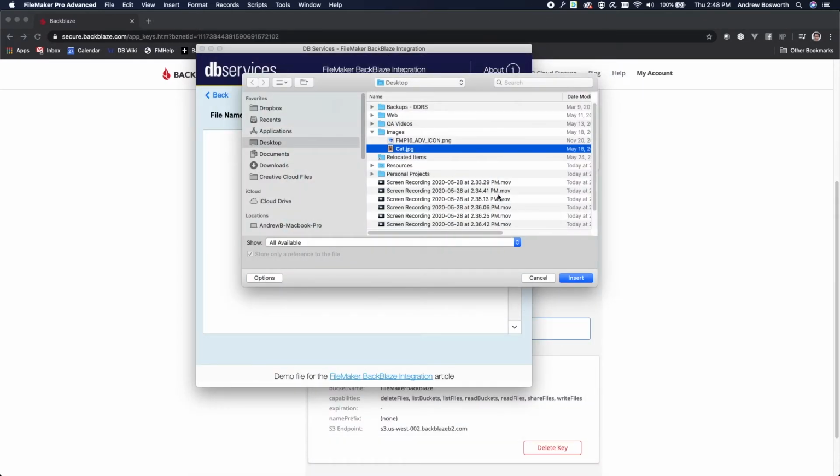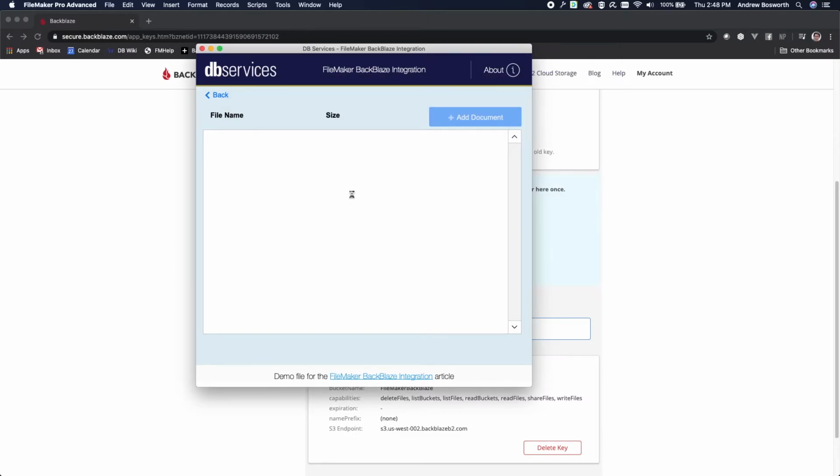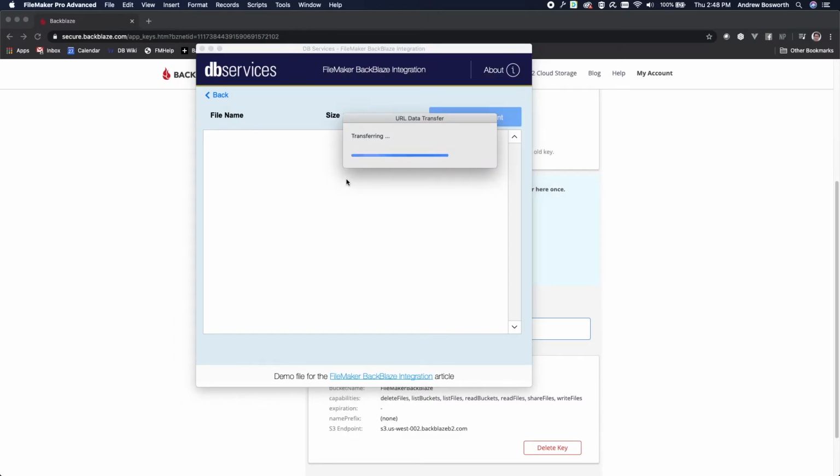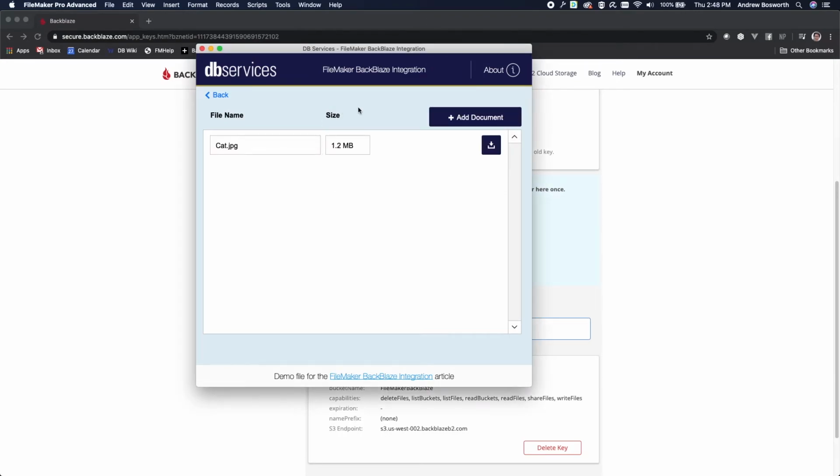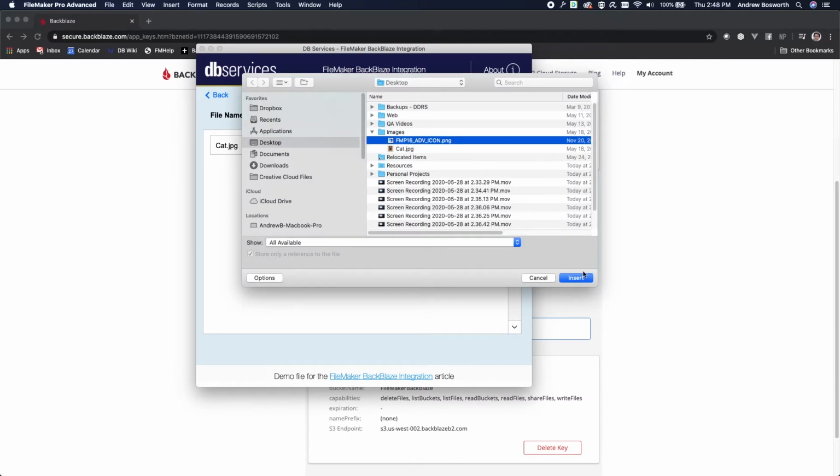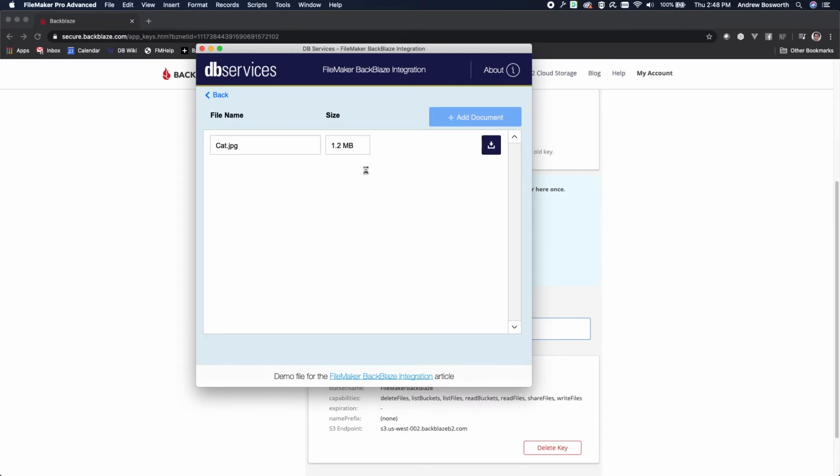So I'm going to upload this picture of a cat. And it may take a second the first time. So there we go, just standard documents portal. And if you hit Add Document, I'm going to upload the other one as well. So you'll see that both of the files uploaded.